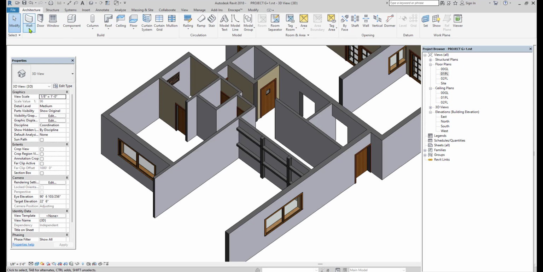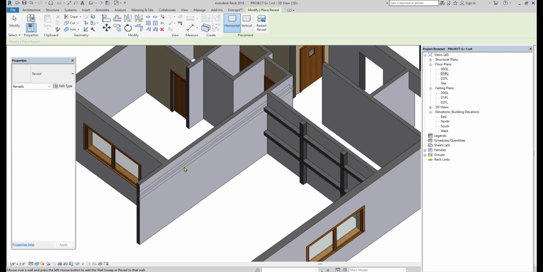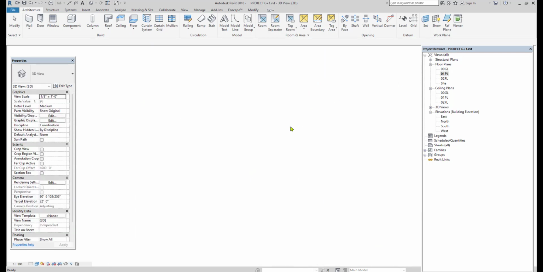To place the wall reveal, again I am clicking on the wall option and then wall reveal. Now you can place the wall reveal on the selected wall. If you don't want to extend this wall reveal to the internal portion of the wall, then I want to split this wall. You already know how to split the wall. For that I am going to click on the plinth level.